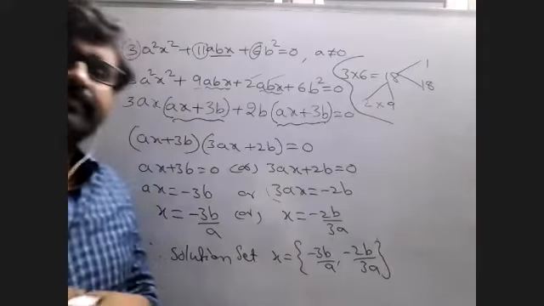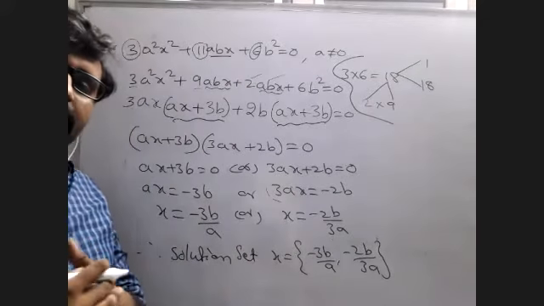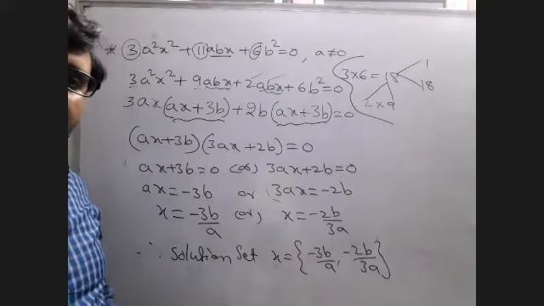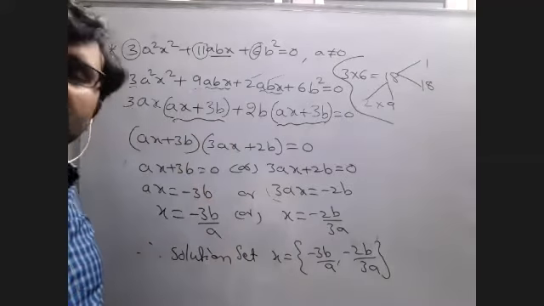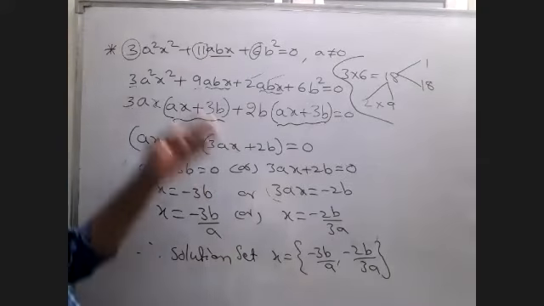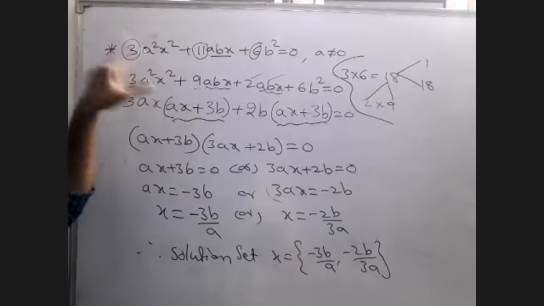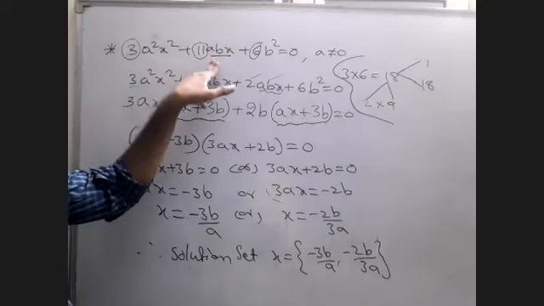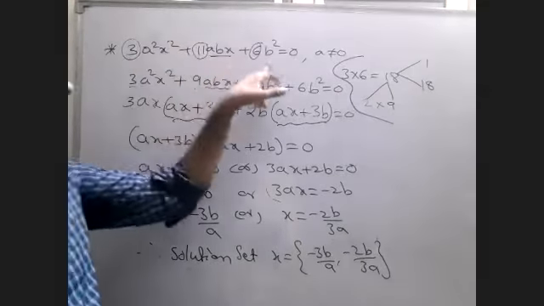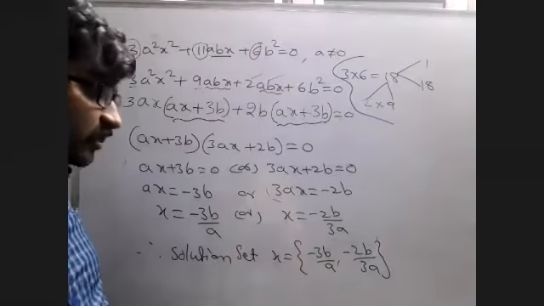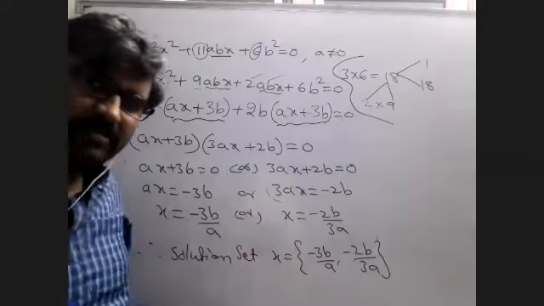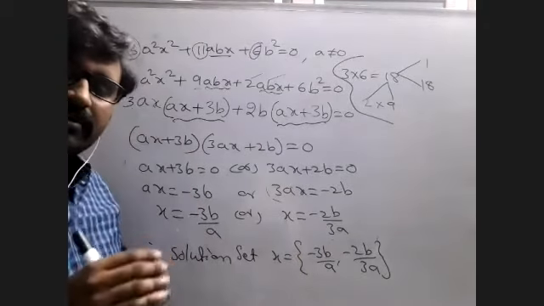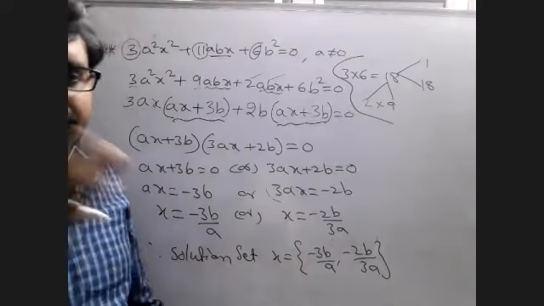Understand? Yes, sir. Any doubt? No, sir. Ask me. Any doubt in this question? No, sir. So instead of numbers, we have some unknown constants also, a square, a, b, b square. Okay, that's why this is the process. The process is same, but when we are doing, we should be careful. Right? Copy this.